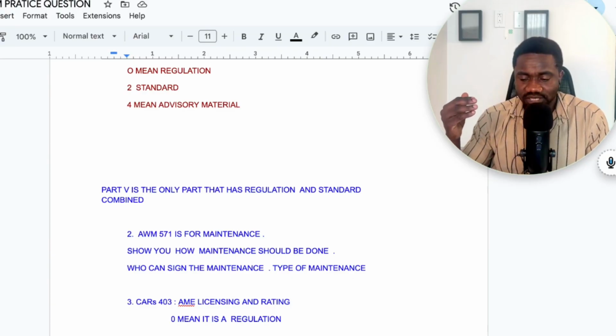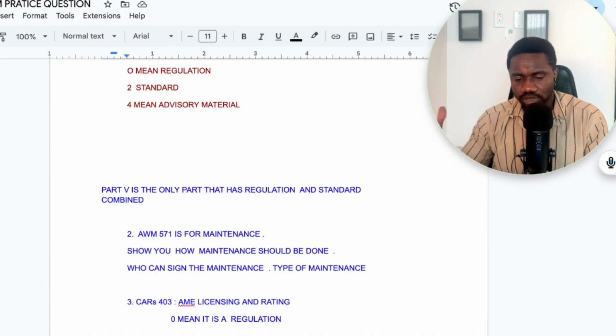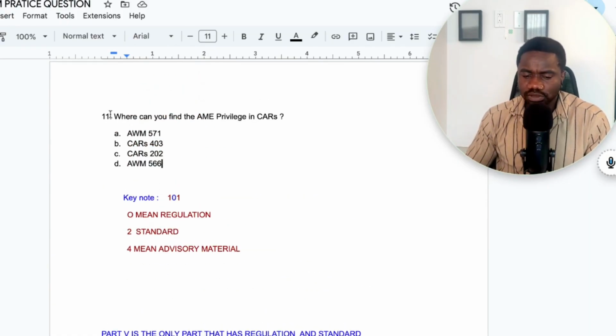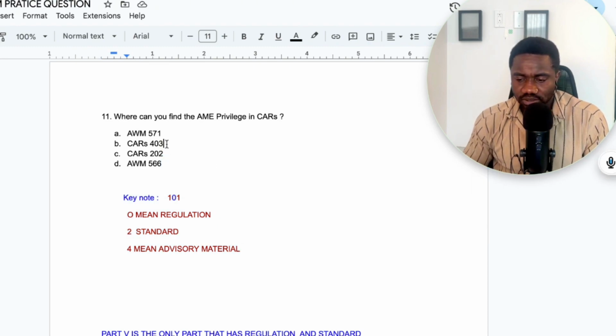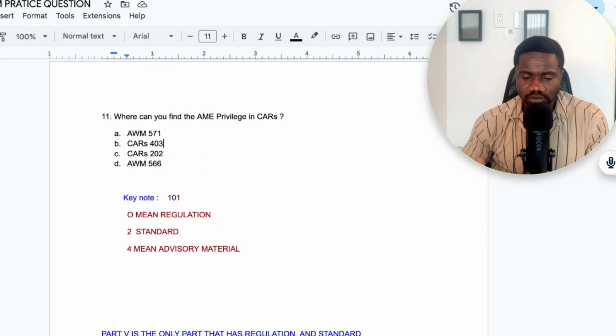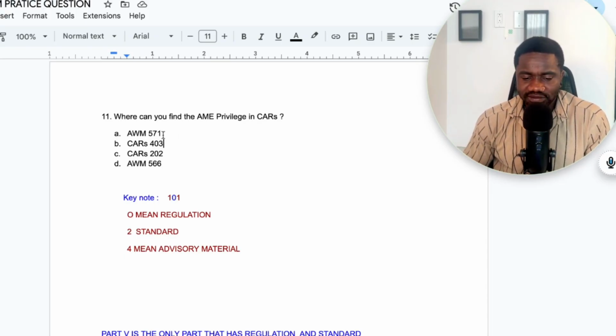And CARS 566 tells you the AME privilege. 571 tells you maintenance, how maintenance is meant to be done, right? So when it comes to this option, like I told you guys, just reading this option and understanding just this first note right here, you can tell option B and C is not the right answer, right? And that is because those are regulation. Privilege is more like a standard, right? So now we are left to 571. We are left to